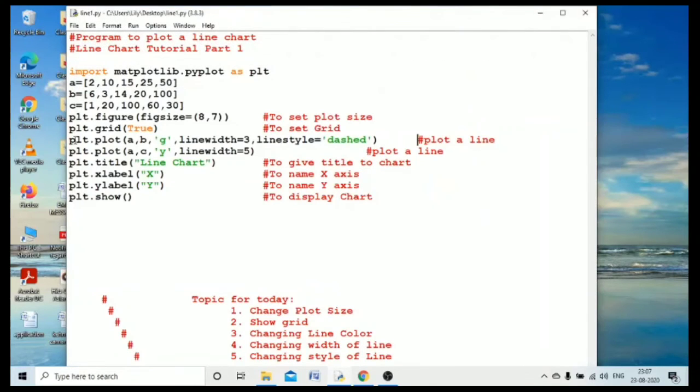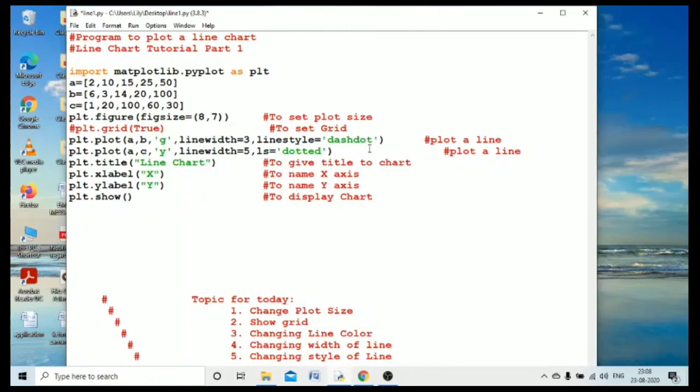Now let me change the other line style also. You can either write linestyle or you can also write ls to give the line style. So both the arguments are acceptable. So let me make it ls equal to dotted. Okay, now let me save and then run, and then you will see how it appears.